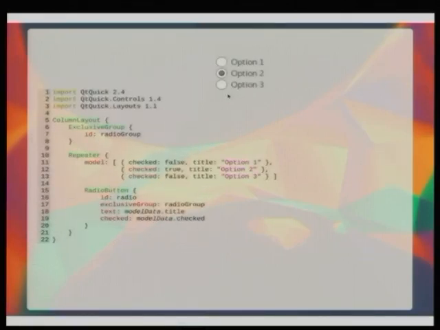That's it. Yep. So here you have checked is mobile data dot checked, and actually you can click on the option buttons, and their state will change. Does this write this back into the model, or how is this exactly